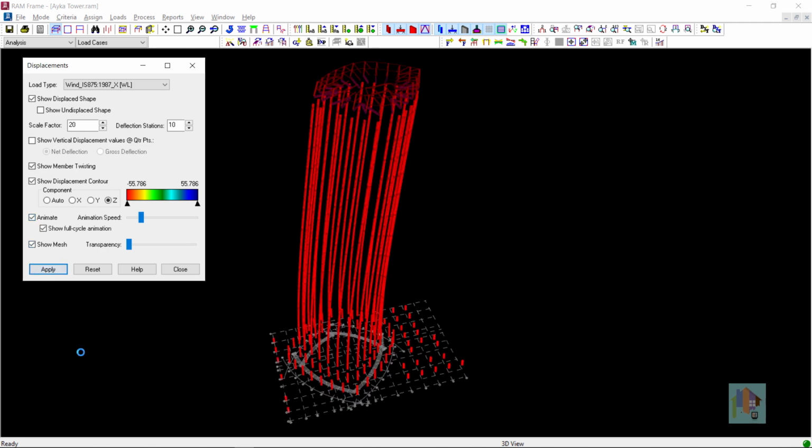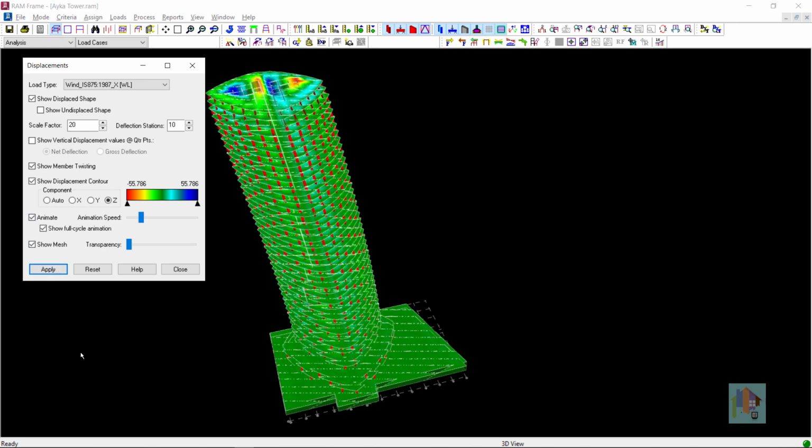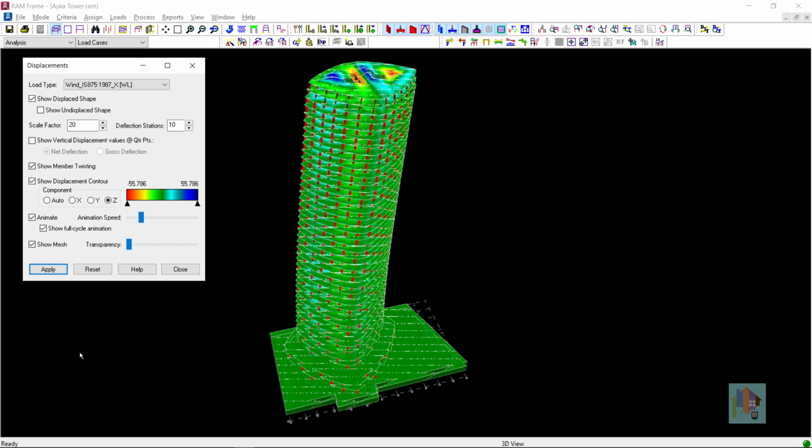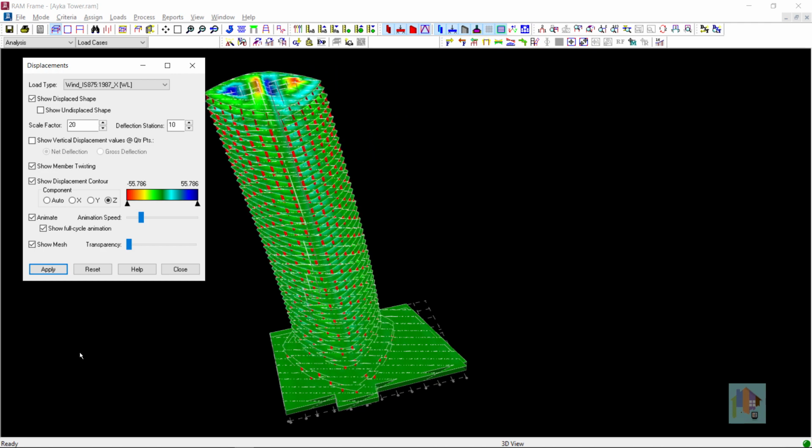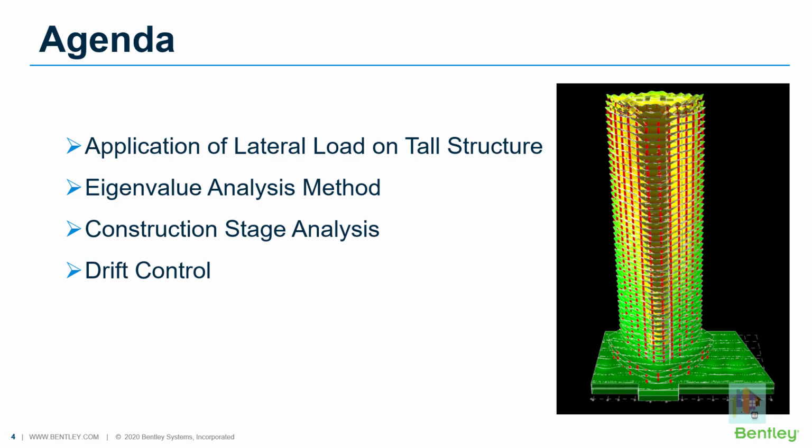Do you know how easily we can handle all these requirements and design a tall structure using RAM Structural System? Hi, my name is Surajit Ghosh, and in this video, I'll give an overview of tall building analysis using RAM Structural. I will discuss the effects of different lateral loads, including wind and seismic load on a tall building,